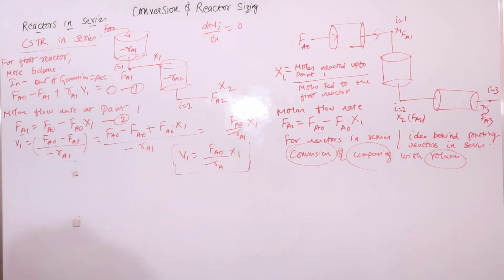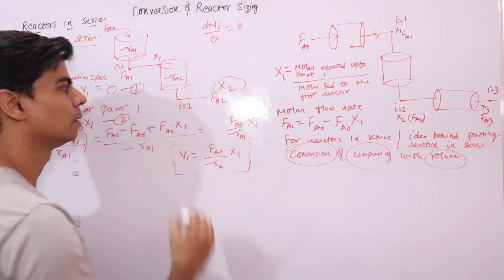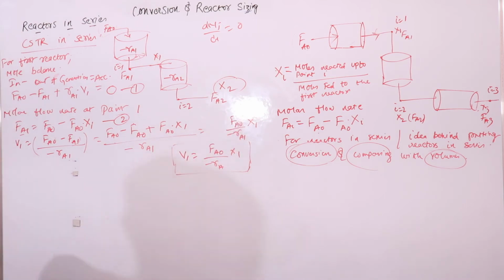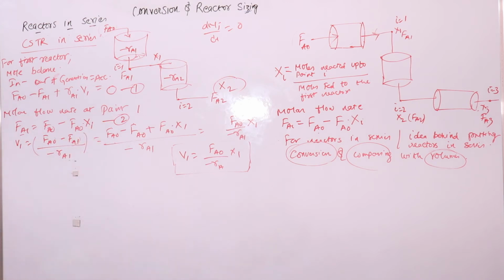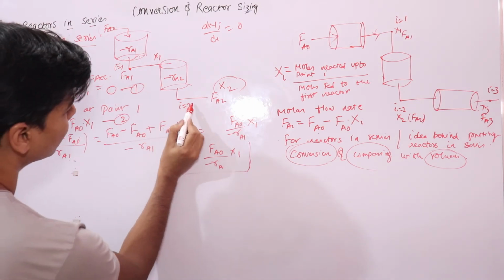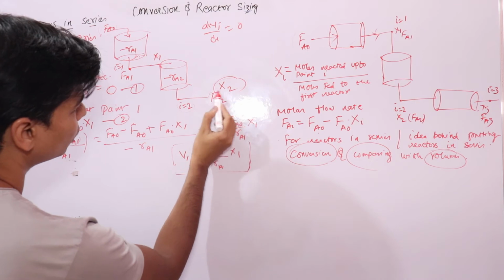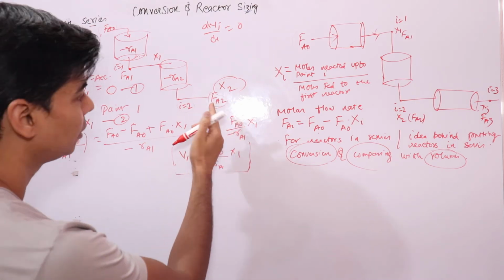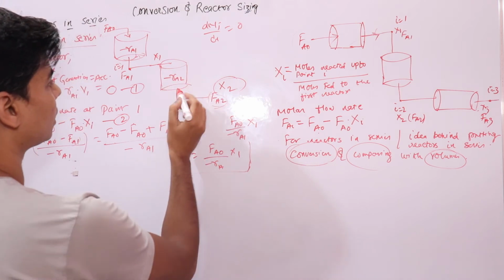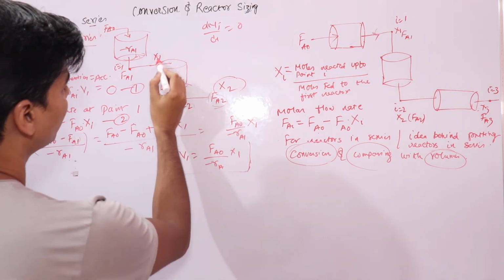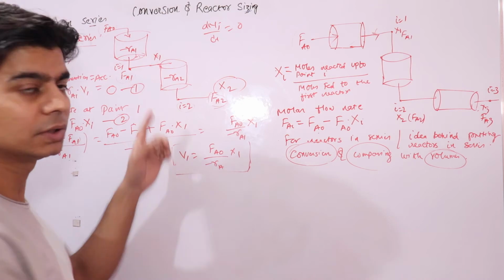the relation between volume and conversion. Now let's look at the second reactor at this point. What is the conversion at this point? We will be using the same mole balance equation and the flow rate equation to find it, right. So here, if you look at this point, FA2 is coming out, and what is fed for this is your FA1, which is coming out of the first reactor.